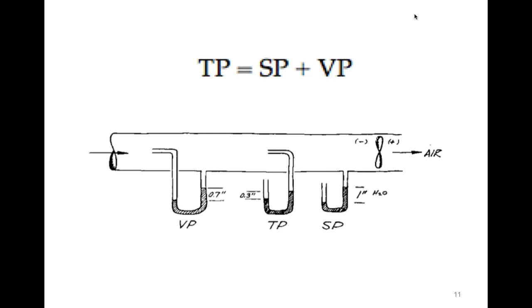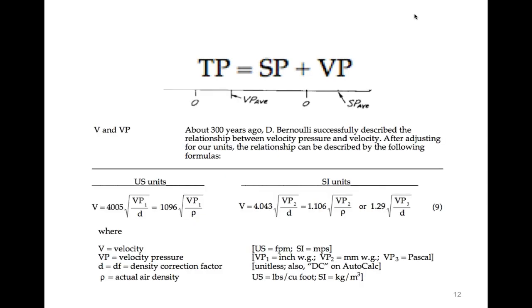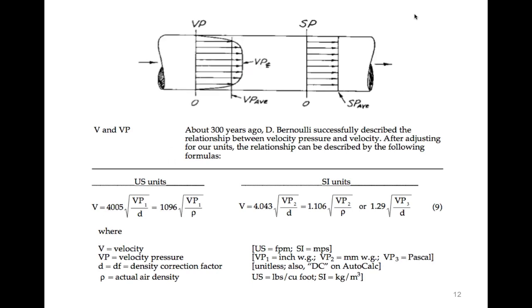You're uncomfortable with that? No, I'm thinking minus. Instead of 0.4. Yeah, well, you want to know something? It is minus, because the total pressure, negative pressure, hang on a second. No, notice that it can be negative, and we're going to talk about that in a second. Well, the velocity pressure is going to be positive because the air is moving into it. That's always going to be a positive number. But the total pressure can be negative. It's possible for the total pressure to be negative.